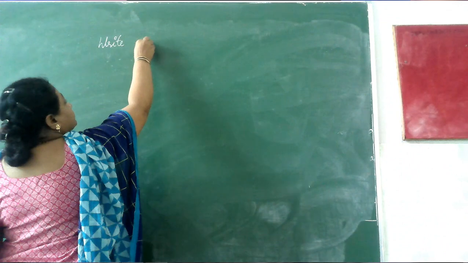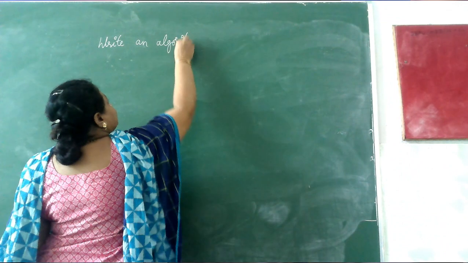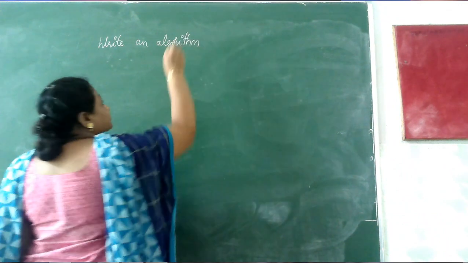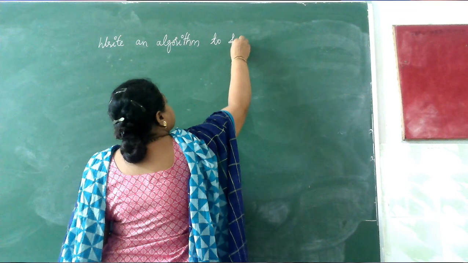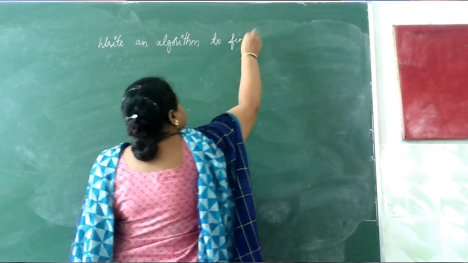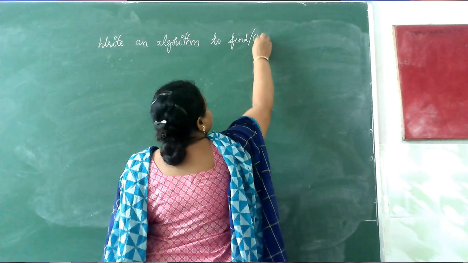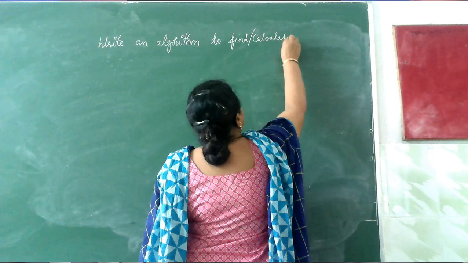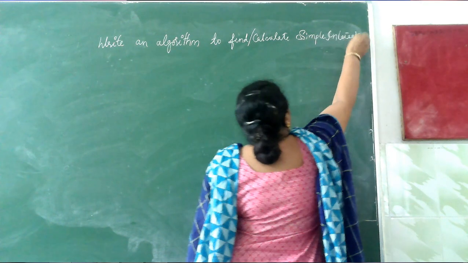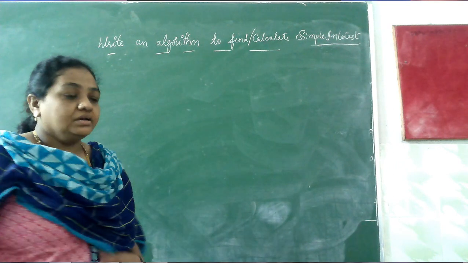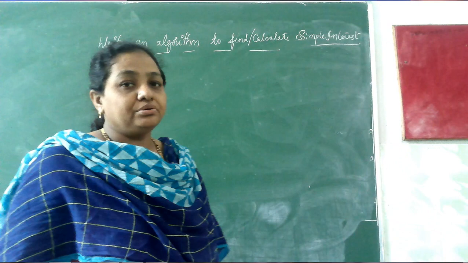Kindly make a note, write down all the algorithms, and you will learn algorithms only by writing many times and practicing well. Otherwise, it's difficult for you to remember this. Kindly write down this. Step 1, start. Step 2, accept base and height, that is, read B and H. Then compute area. Then we are printing area.